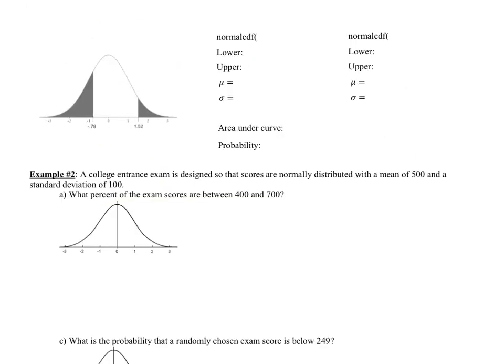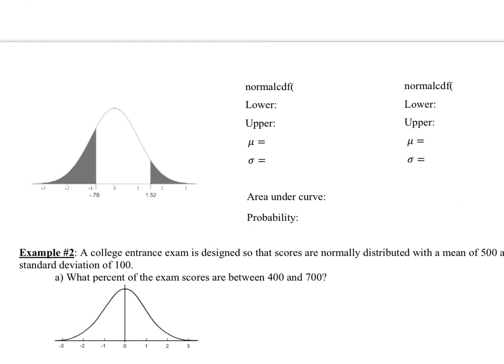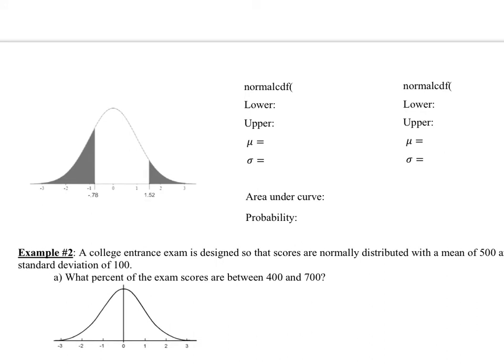So for this one, what you'll notice is we have two separate areas that we have to find. We want to find this spot and this spot. So it's two different problems. We have to plug in two different things and then add the two together. Okay, so for the lower bound for this one, I'm going to infinity in the negative direction, so that's -10. It's an acceptable number. You can use -100, a million, it's going to be the same thing. The upper bound then for this particular one